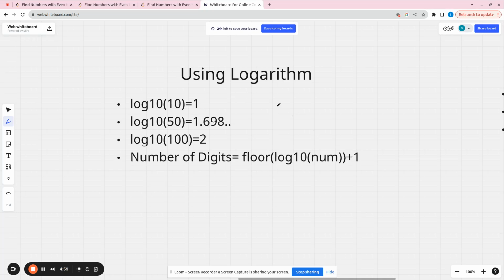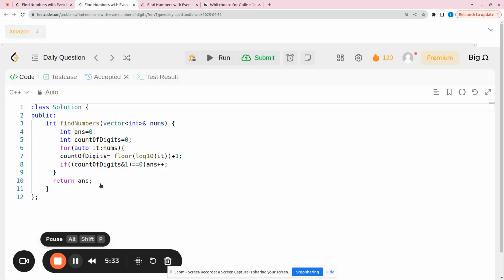plus 1. Like here if we take floor of 1, which will be equal to 1, then we'll do plus 1, then it will be 2. So the number of digits are also 2. Here if we take floor of 1.698, it will be equal to 1, and if we add 1 more, then it will become 2 and digits are also 2. Floor of 2 is 2, and if we add 1 more, then it will become 3 and digits are also 3. Now we'll see the code